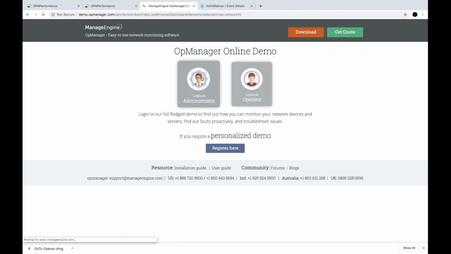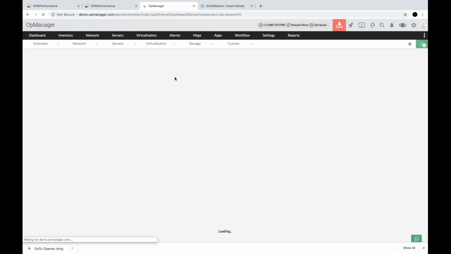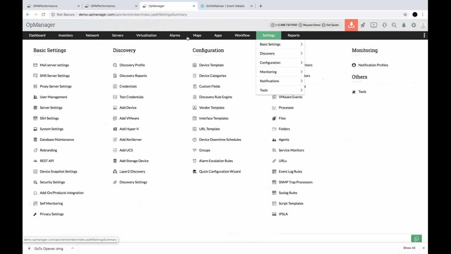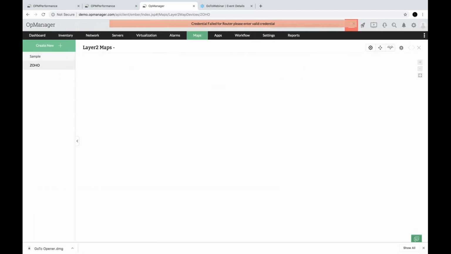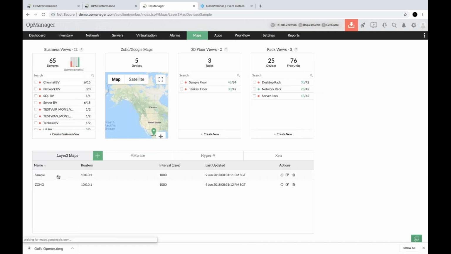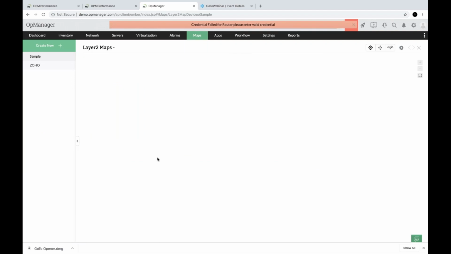So you go to settings. This is an online demo, so excuse me for some slowness. Let me go to the maps directly. So I click on Soho. I happen to see some problem here. Let me see if this sample works. Okay, I don't see any maps available right now. Maybe some issue with displaying the map. But how the feature works is,